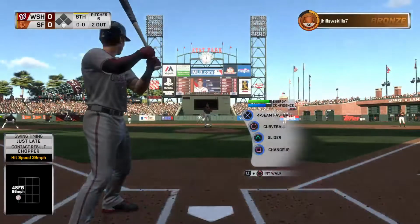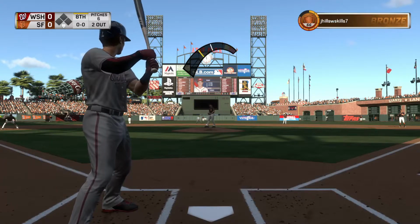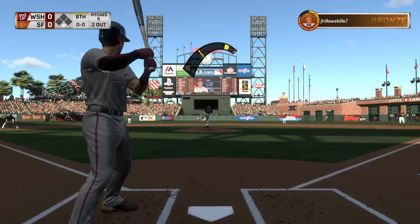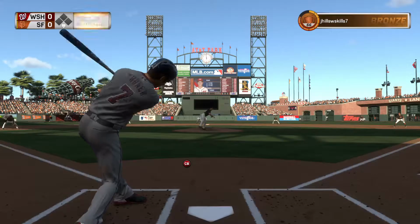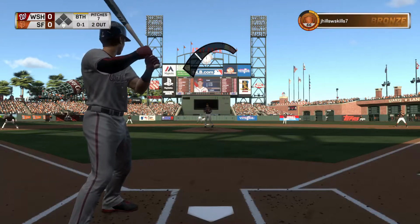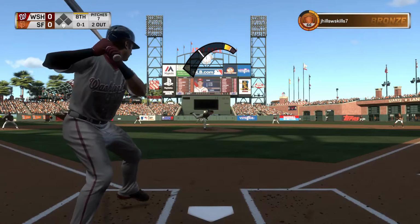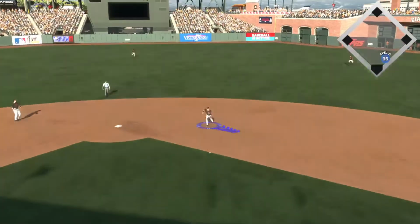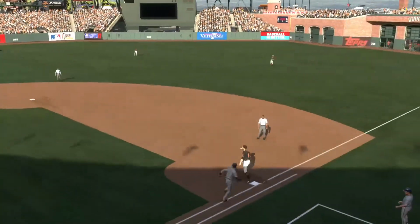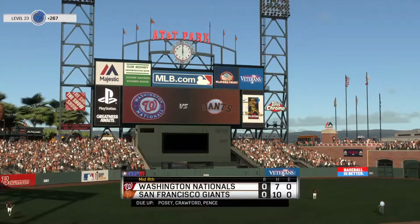The speedy Trea Turner digs in now. He's working on a 3-hit ball game right now. And that swung on and missed for strike 1. Well, he's just 2 outs into his major league debut on the mound, and so far he doesn't seem nervous or like he's trying to do too much. That's easier said than done. Fielded by Penny. On to first, and this will remain a tie ball game as the inning